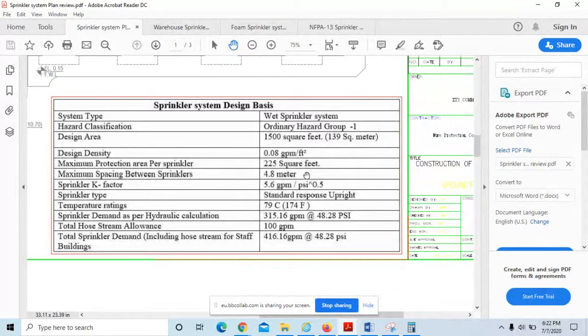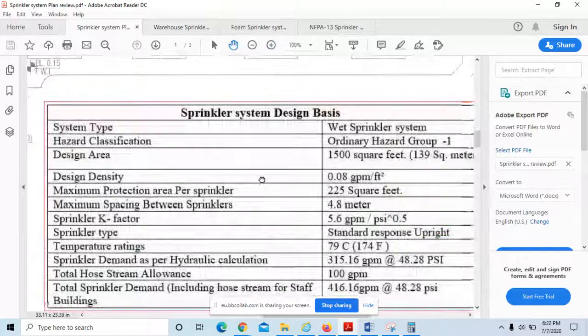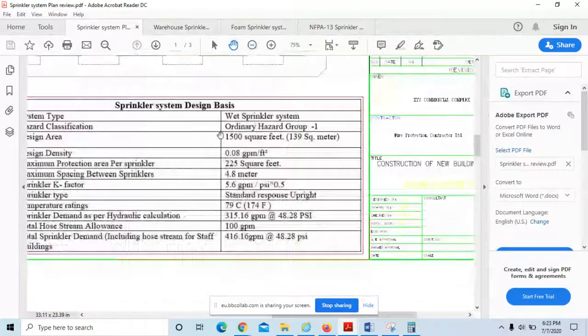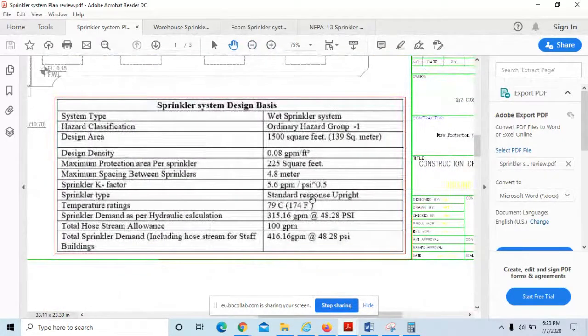And the maximum spacing is 4.8 meters, by default. It is also not acceptable. But you know, there we have the 4.8 meters. You have to look at that one in the design table. Otherwise, sometimes they will play with it. And what are more mistakes here? I want you guys to find out the mistakes here. Just let me know in this design density. They said the maximum spacing is 4.8, which is not acceptable. 4.6 is the maximum as per NFPA 13.